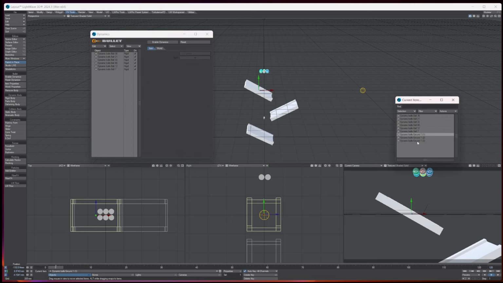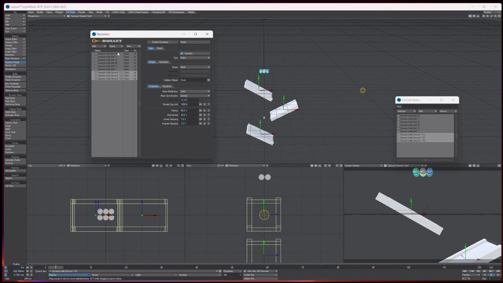Then we're going to choose all 3 of the ground planes here, and we're going to tell it to be a static body. So we're saying that these are just solid objects. And we're just going to leave everything the same again, and then we'll click on the very end. Currently I've got about 4 or 5 seconds here. Click enable. Based on how quick your computer is, you might get a little progress bar, but if we press play,